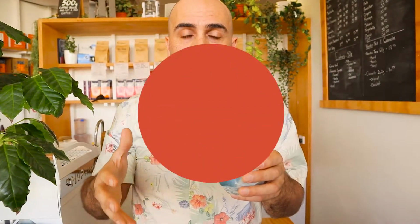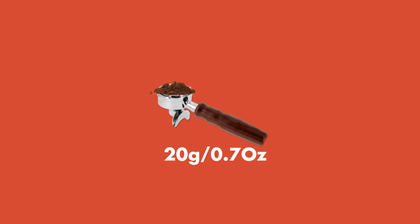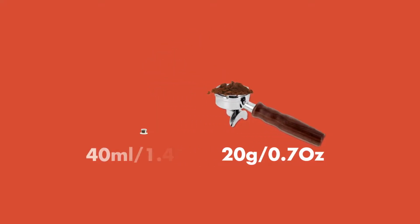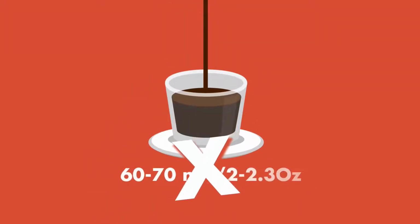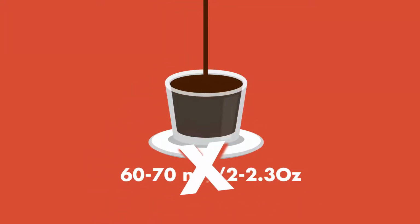So when you're doing a normal shot, for instance, in our cafe, we run a 22.5 basket and we run through about 45 mils of coffee. Now we can pump that up or dial it back a little bit depending on what specific coffee we're using and what flavors we're chasing. But as a general rule, if you put 20 grams of coffee grind into your basket, you're aiming for 40 mils of coffee liquid out to keep that ratio perfectly balanced